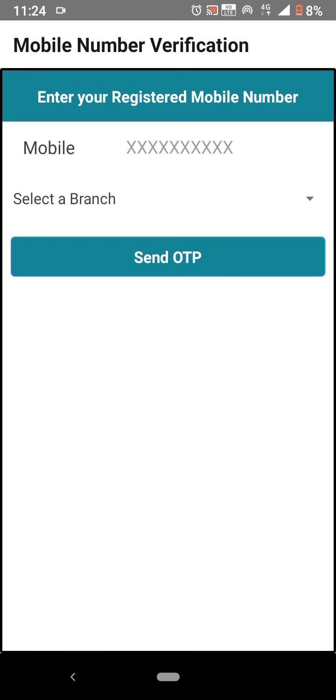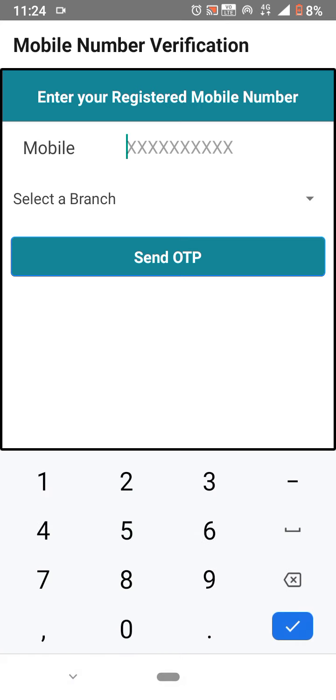and if you press the icon, this landing page, this first page will open. You have to verify yourself by entering the mobile number registered with your school. It means you have to enter that mobile number which is already there in the school, so that the application can identify you. You will enter your mobile number.